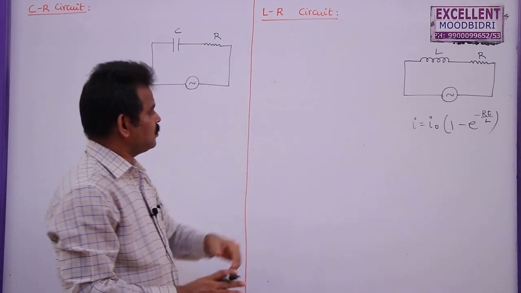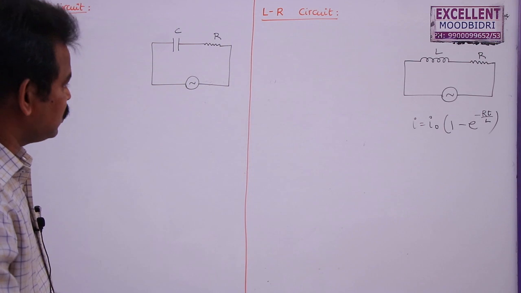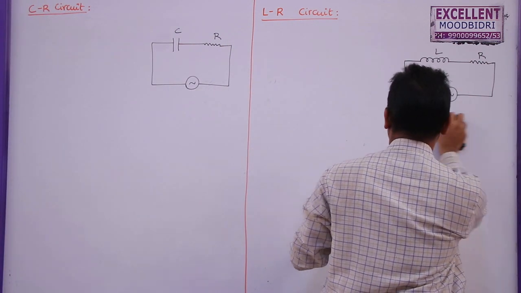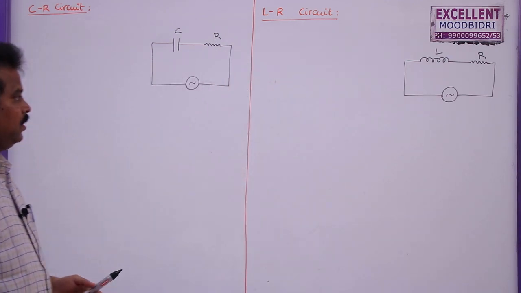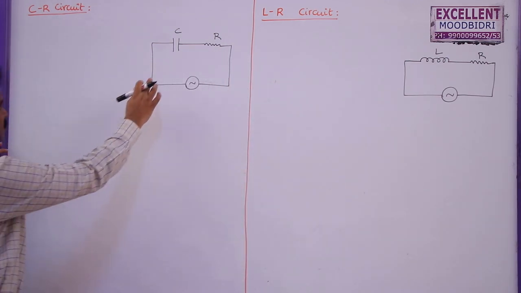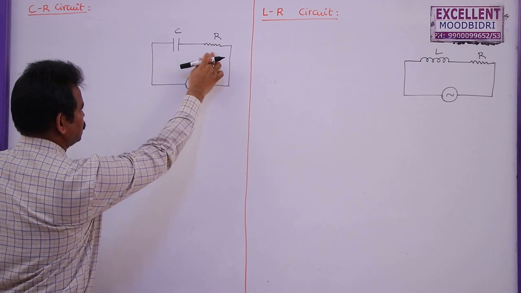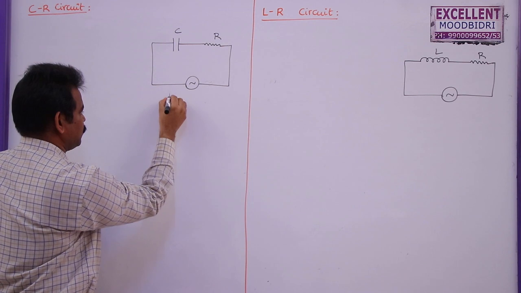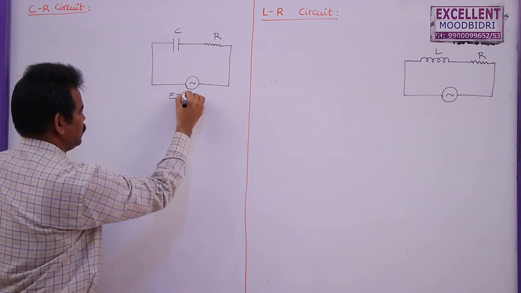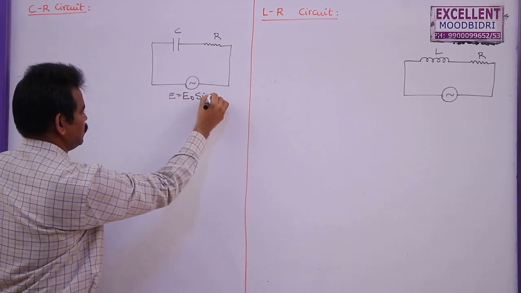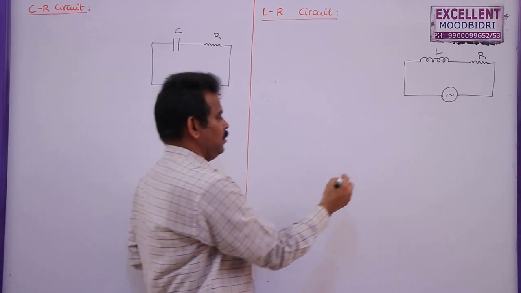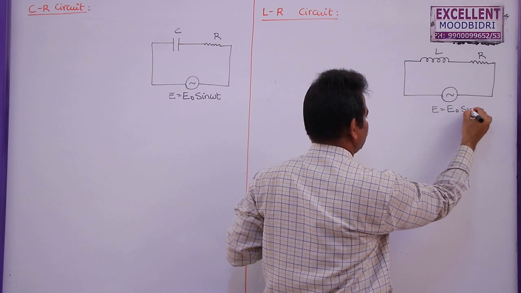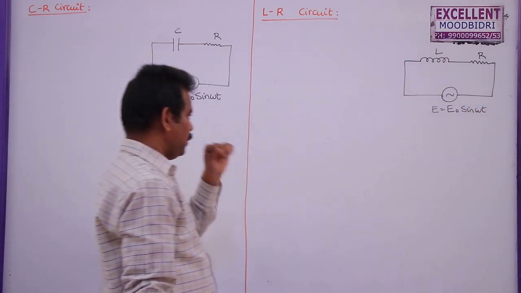But now this is not a DC circuit, it is an AC circuit. Now what happens to this circuit, and what is the amount of current passing through at any instant of time? It is slightly different. So this is also a CR circuit: a capacitor of capacitance C and a resistor R are connected across an AC source of EMF. Let me take this EMF as E naught sin omega t, that is, E is equal to E naught sin omega t.